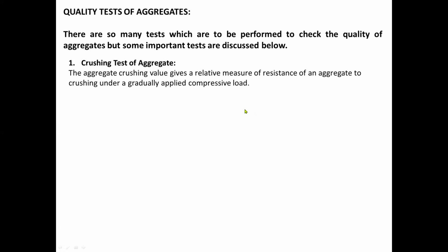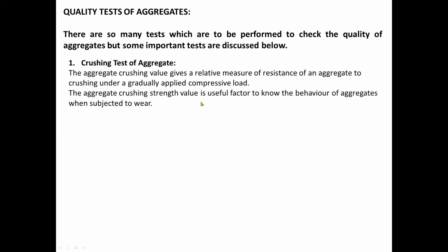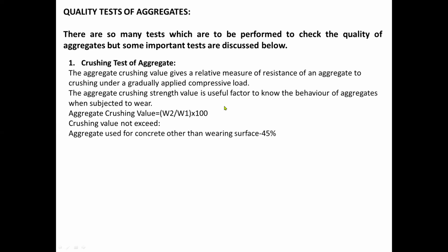The aggregate crushing value gives a relative measure of resistance of an aggregate to crushing under a gradually applied compressive load. The aggregate crushing strength value is a useful factor to know the behavior of aggregates when subjected to wear. Aggregate crushing value is always equal to W2 over W1 times 100%. And then the crushing value obtained must not exceed the following. First, aggregate used for concrete other than wearing surface must be equal to 45%,